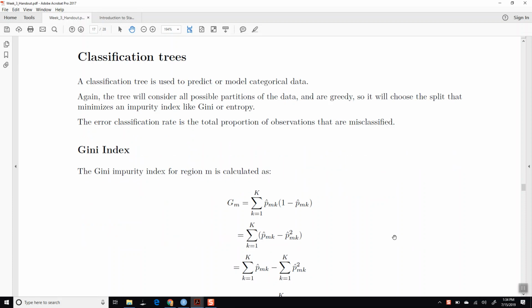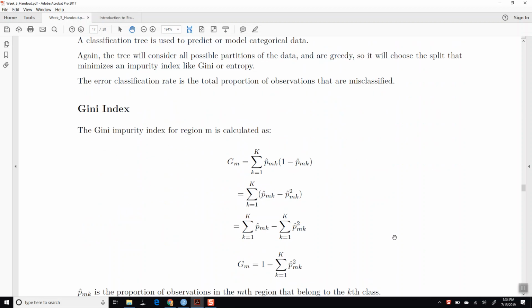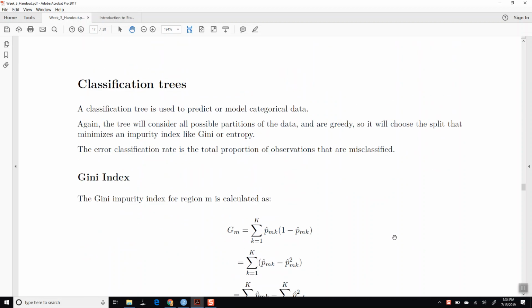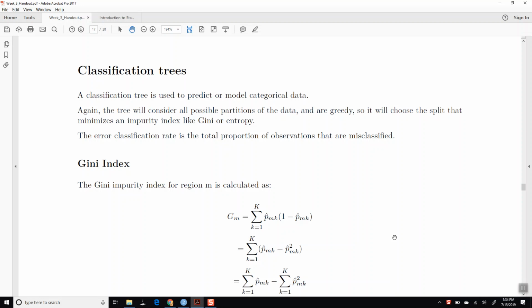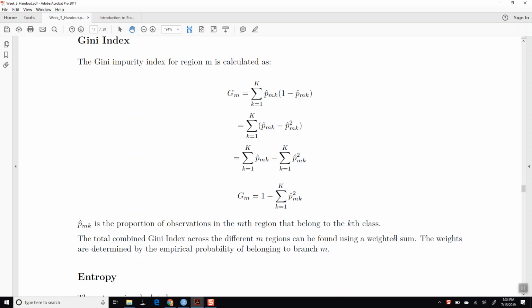Okay, so classification trees, we do it for categorical data. I don't know why I bothered writing all of these formulas, but basically we have a few different measures for evaluating the performance of a classification tree. And so one is the Gini index. The Gini index is